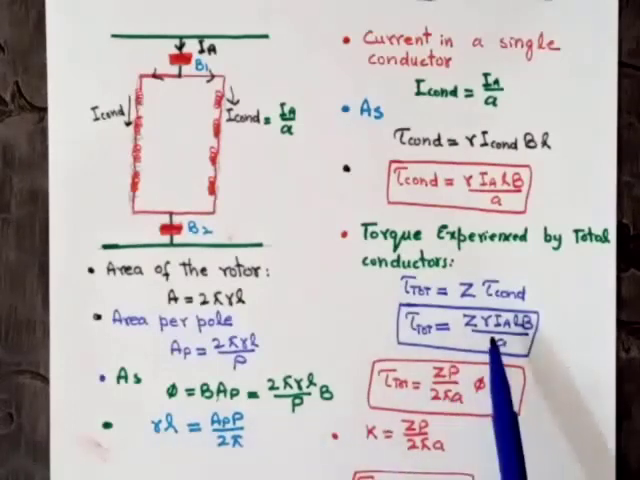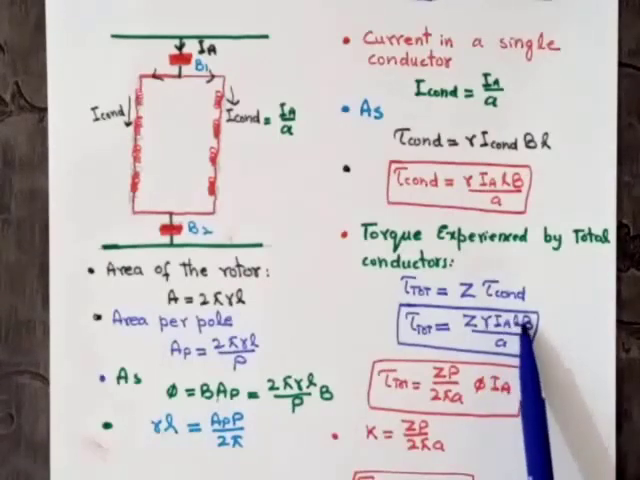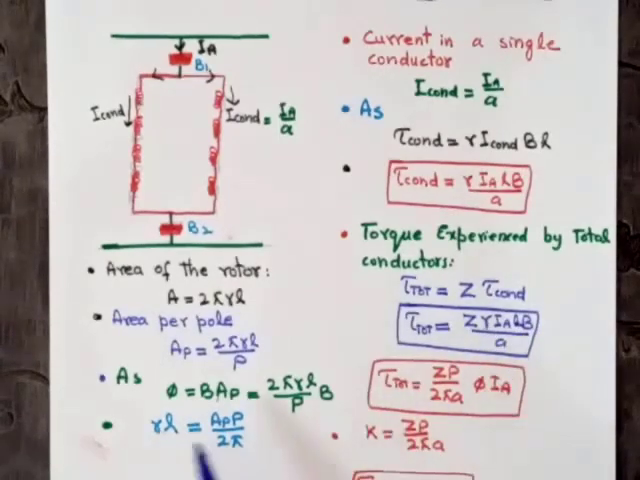Putting the value of RL in this equation, as you can see, R and L both exist. The value of RL is equal to ZP over 2 pi A. Putting the value of RL in this equation, we get tau total is equal to ZP over 2 pi A into flux into Ia,